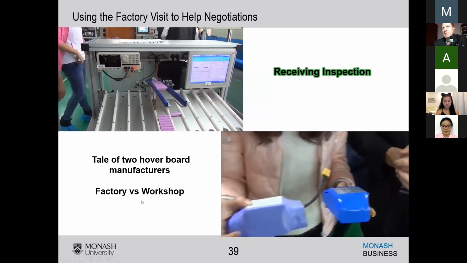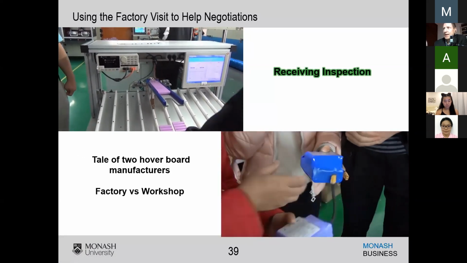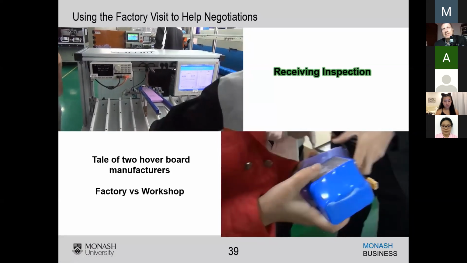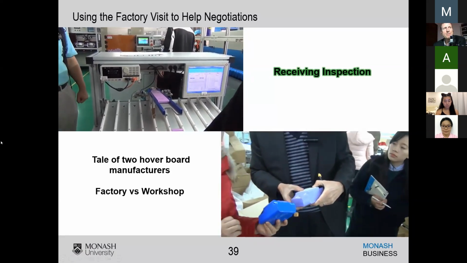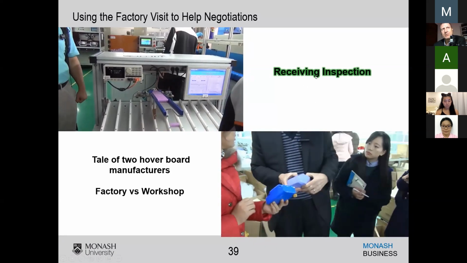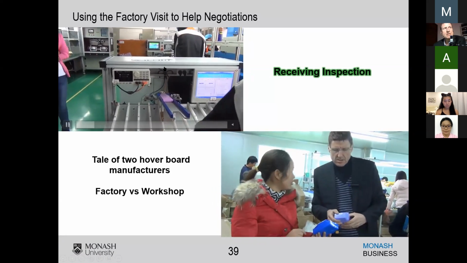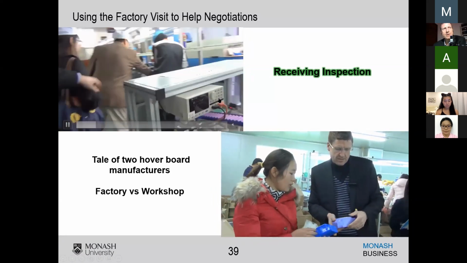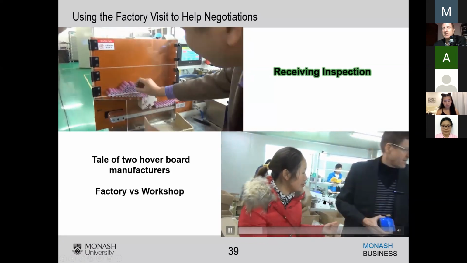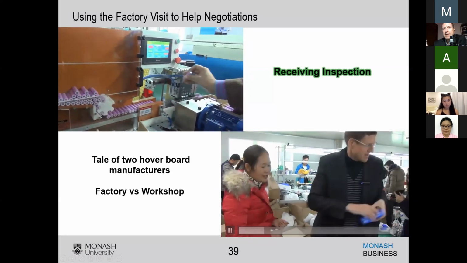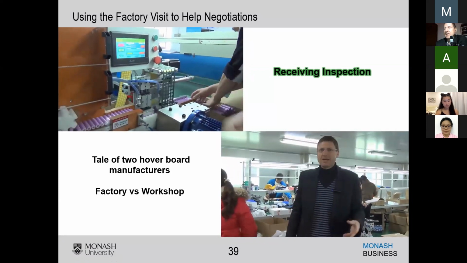So this is receiving inspection. This is an example that you presenters next week and the week after can talk about. So this is my 1 minute of talking about these two areas. Here we're comparing two factories and we're looking at receiving inspection. What's important here is that the one at the top is using a machine to actually test every item, every battery that goes into this 20 battery pack, which is 4.4 ampere hours in charge, and that goes into the